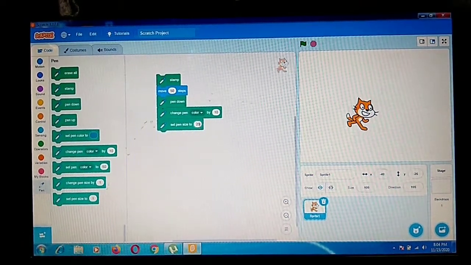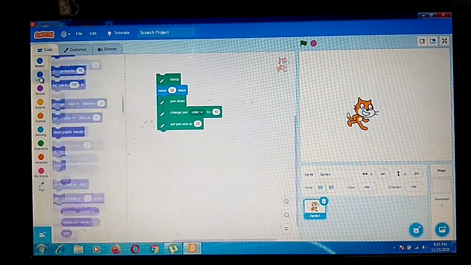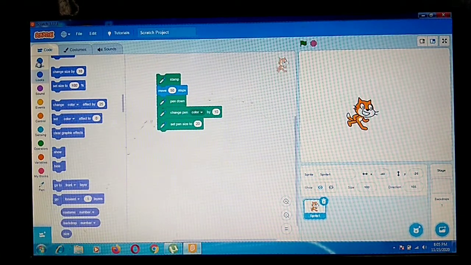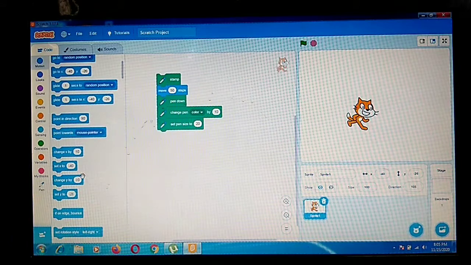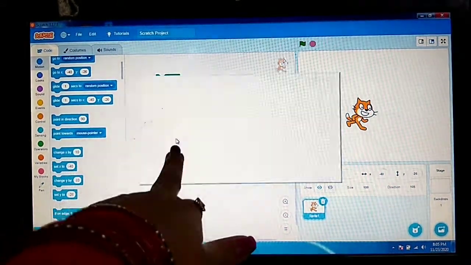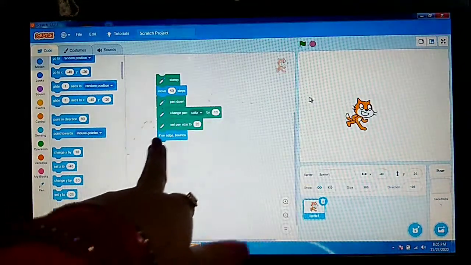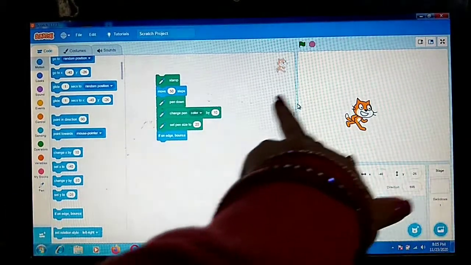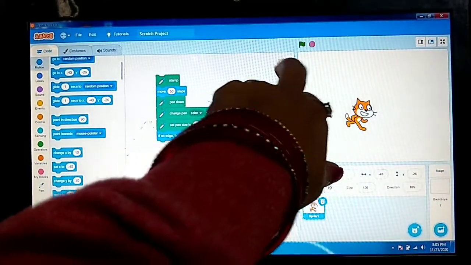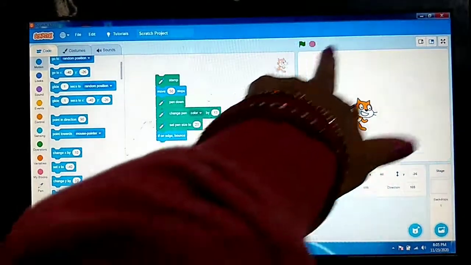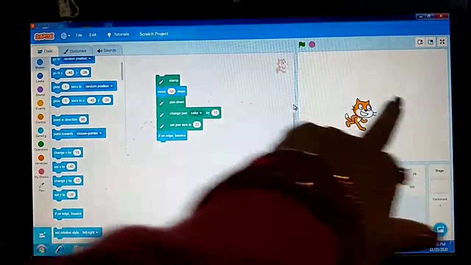After that, the if on edge bounce block. You will get this block in the motion block. What this does is, when the sprite touches the edge, only then it will come back. Edge means these corners, the area where this area is finished.